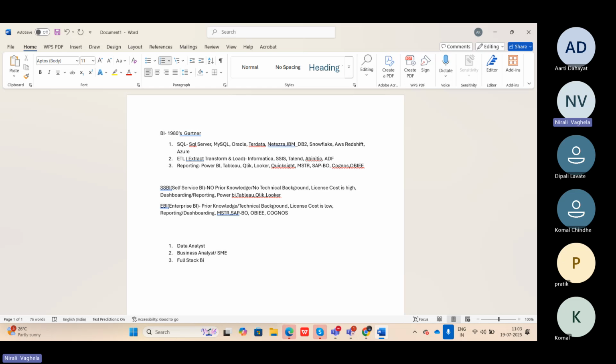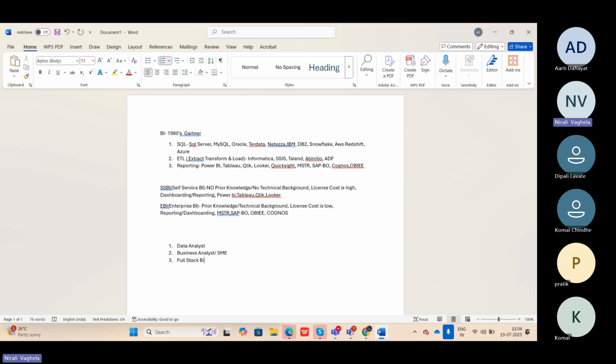ETL, there are a few of my students who got it when they went into an organization. Most of the companies will give you training as per the project, as per the requirement, right? If you get training, you work on just one or two projects, and you know SQL, then you can become a full stack BI developer. Most of my students are working as full stack BI developers as well, because they were hired as a Power BI developer or Tableau developer. They have been trained on the ETL side as well, and on the database side, and they are working on all of this.